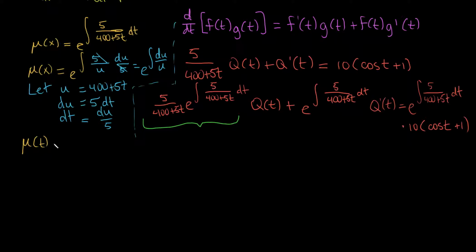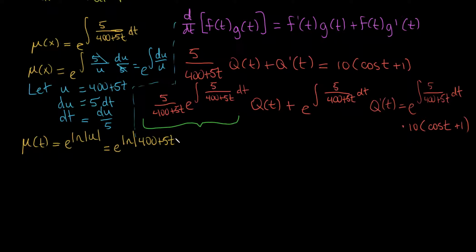Mu of t is going to be e to this integral. But this integral here, du divided by u, that's the same as just 1 divided by u du. So we know that's the natural log of the absolute value of u. And if we plug that in, we're going to get this equals e to the natural log of 400 plus